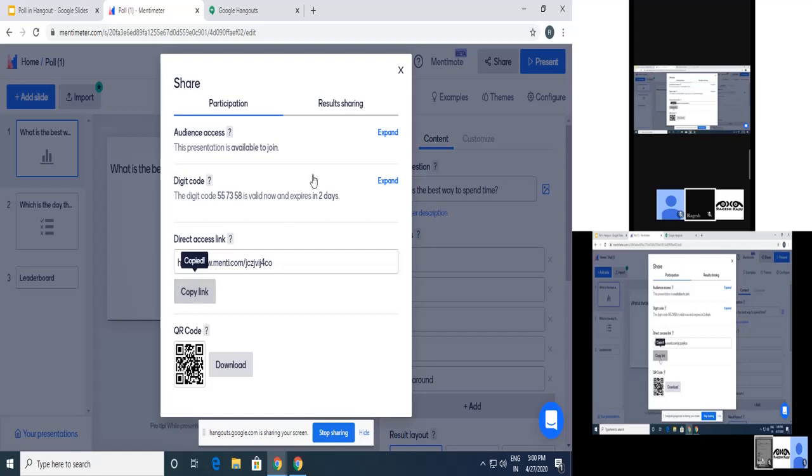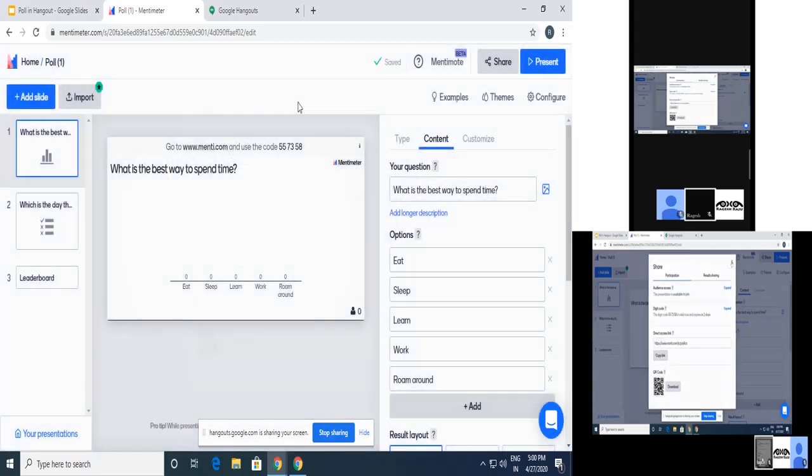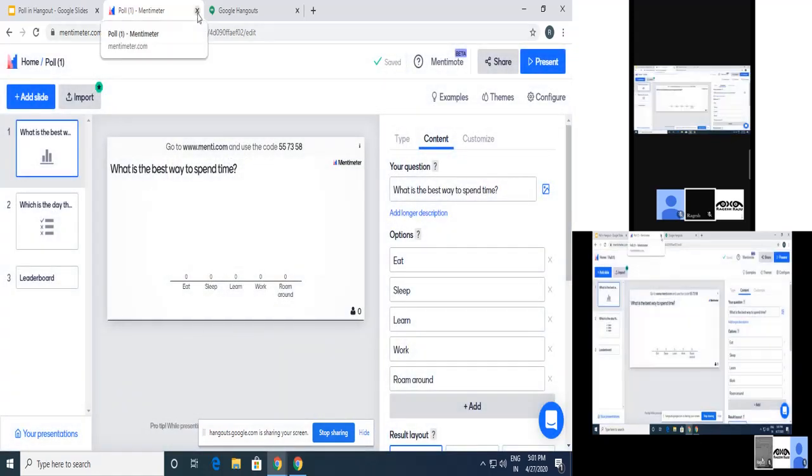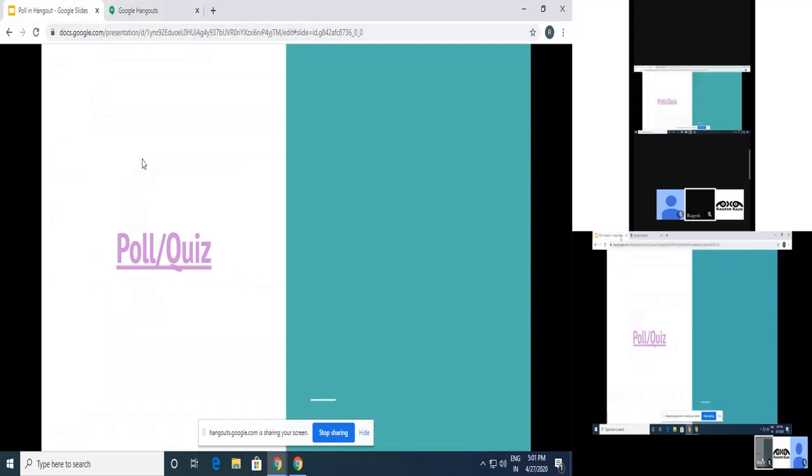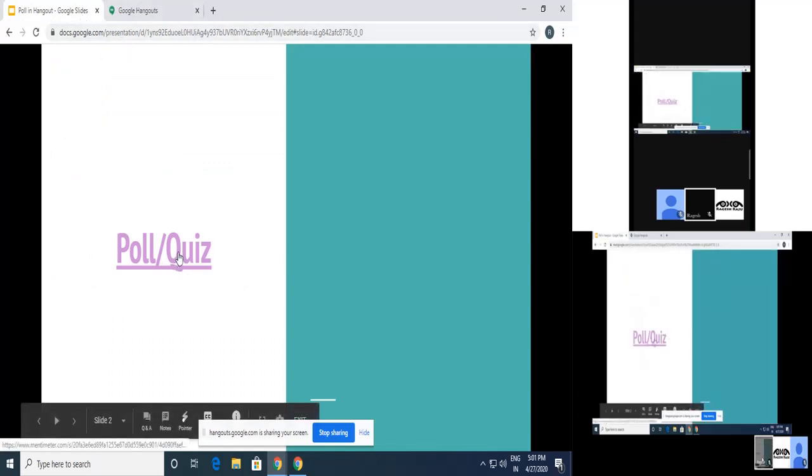I click on this copy link, I close this. Again, if required, I can close this Mentimeter. So this link, if required, you can copy and keep it first itself. So what I will do is I am in this particular page. So what I do is I come to my Google Hangout. In Hangout you can see there is a provision called as chat on the left side. So this chat option is there on the left hand side. I click on that, I paste the link, whatever I copied here, I click on send.